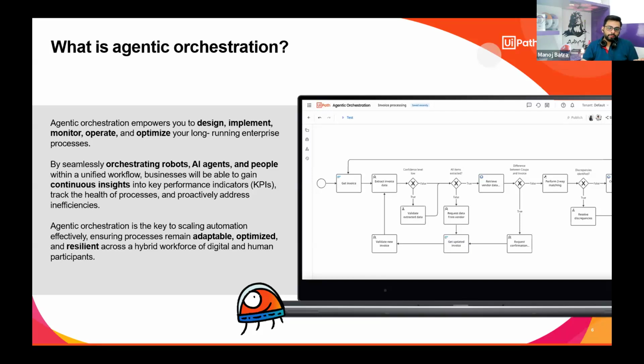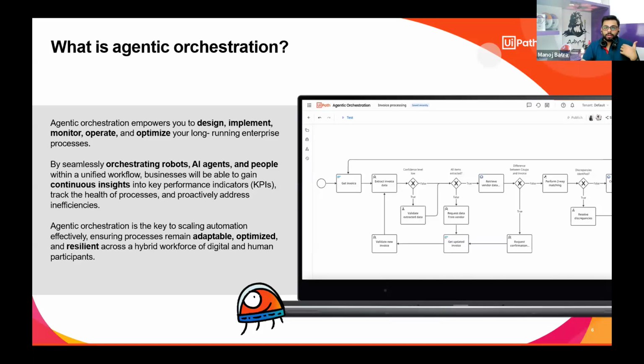And also with the help of agentic orchestration, once your process is running, so you have already built it, you already know what needs to be done, you have already collected everything, be it your robot, your agent, or your HITL, meaning human in the loop, and your process is running. Now you don't have to guess if things are working or not, because with agentic orchestration you can monitor everything live.